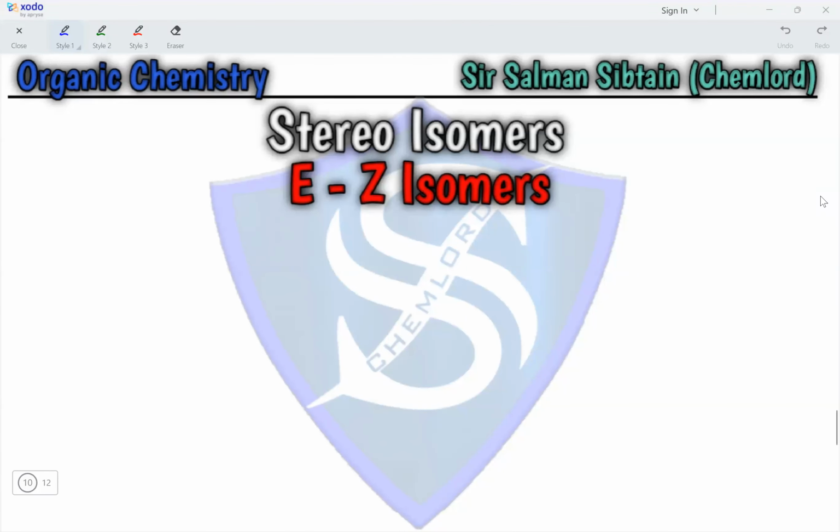The next type of stereoisomerism is called EZ isomerism, in which the requirement is we have two carbon atoms with a double bond between them, but all the four groups attached to both the carbon atoms must be different. So here we can take the example of A, B, C, and D. In order to better understand this, instead of taking alphabetical examples, let's take the examples of actual groups attached to